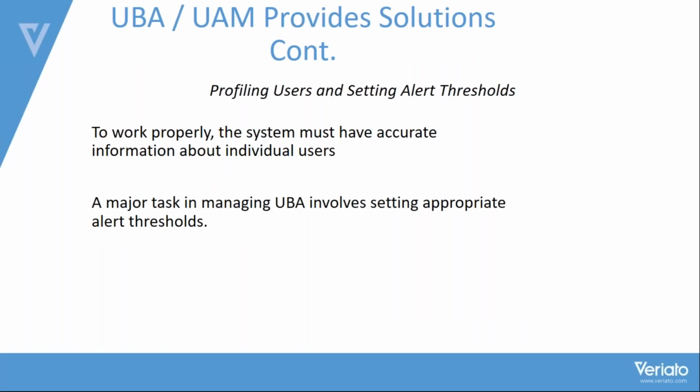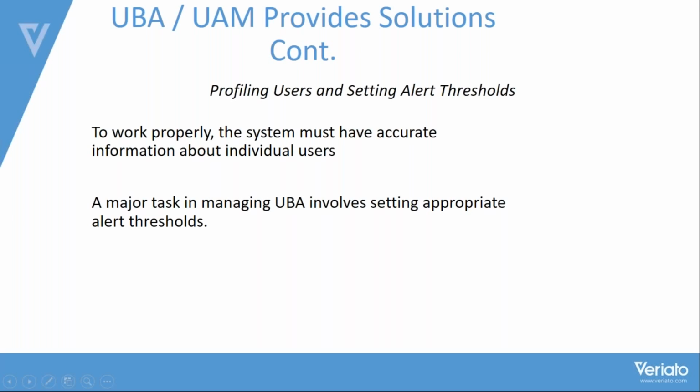And UBA provides many solutions for you. But first of all, what is it? Just to make sure we're on the same page, they are comprised of advanced algorithms and machine learning which can approximate human insightfulness. I'm going to let Mike tell you a little bit more about that. But we're using machine learning, we're using machines to try to figure out, just like the movie Minority Report, what's going to happen before it even happens.